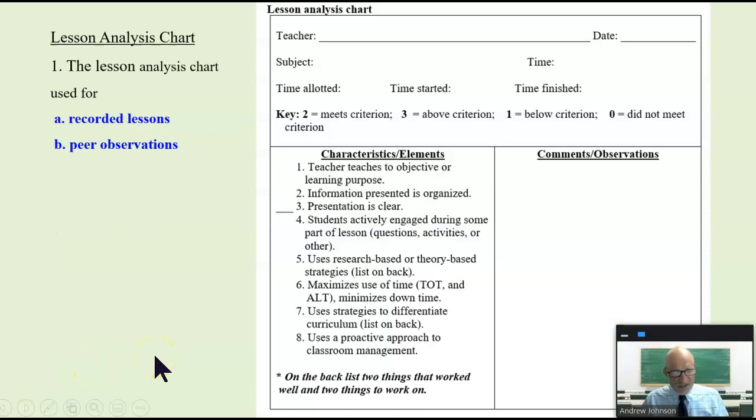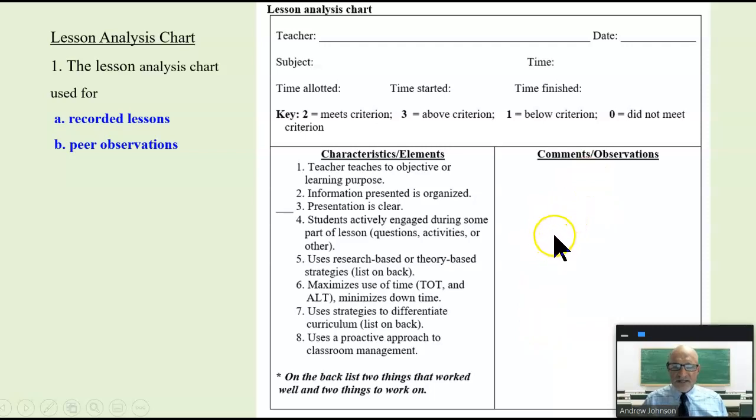Now, this is a lesson analysis chart. You could use something like this for either your recorded lesson or peer observations. Here you have some characteristics or elements that you're looking for, and just an open-ended spot for you to write your general observations. And don't overthink this.